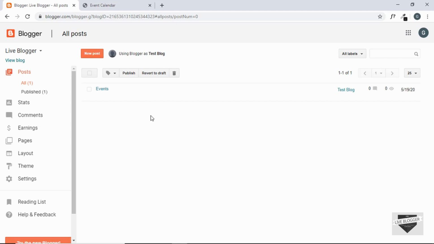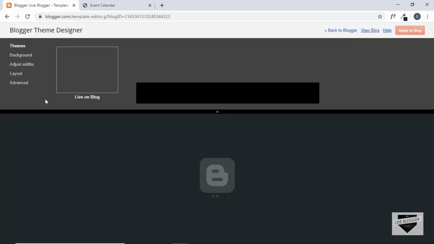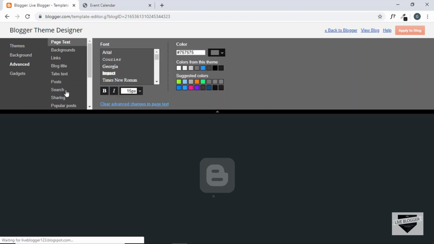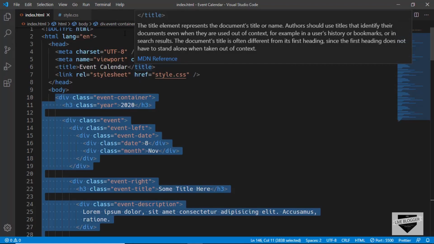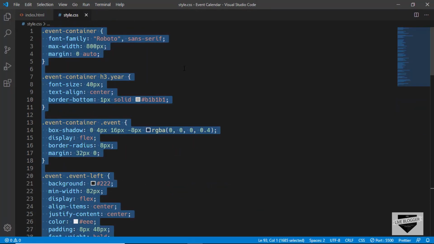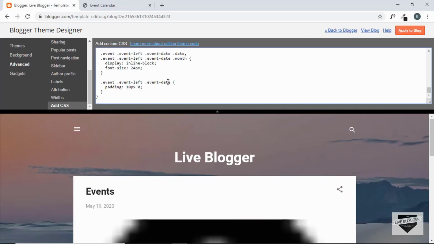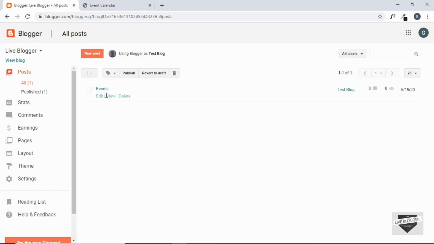Now the last thing we need to do is add the CSS. So let's go to theme and then click on customize, and then we'll go to advanced and then click on add CSS, and let's go to our source code and select all the CSS and add it over here and click on apply to blog and then click on back to Blogger. Alright, now let's go to our posts and click on view post,